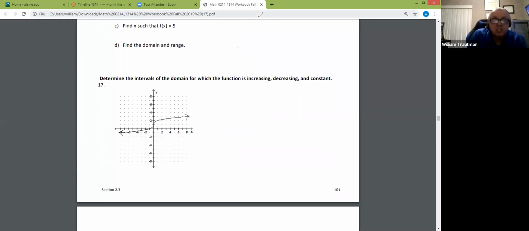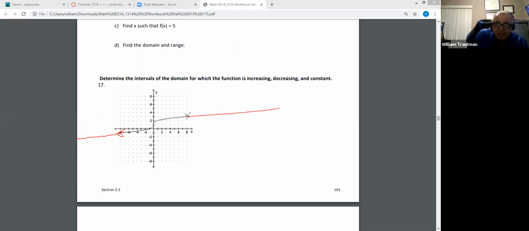So it says determine where the graph is increasing and decreasing. Look, this arrow means it's going on forever, right? What the arrow means is going up and to the right forever. Same with this one, it's going down and to the left forever. It's important that we understand those arrows. So the domain,